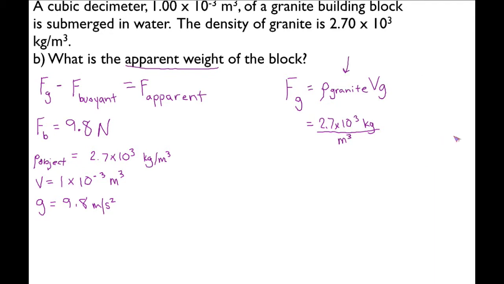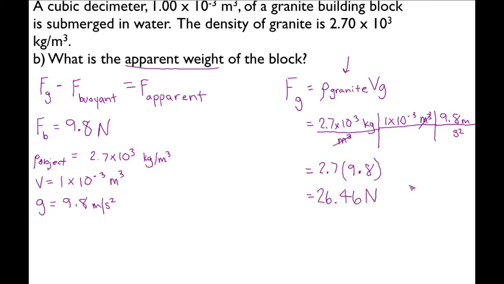Okay, same formula. Then I'm going to have my volume. And then I'll have 9.8 meters per second squared. If you multiply these together, you just get 2.7 times 9.8, which is 26.46